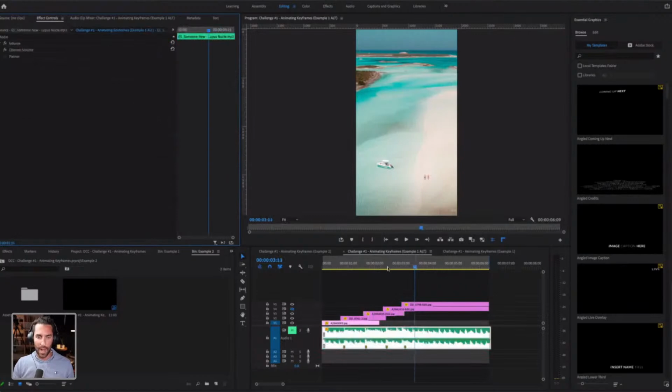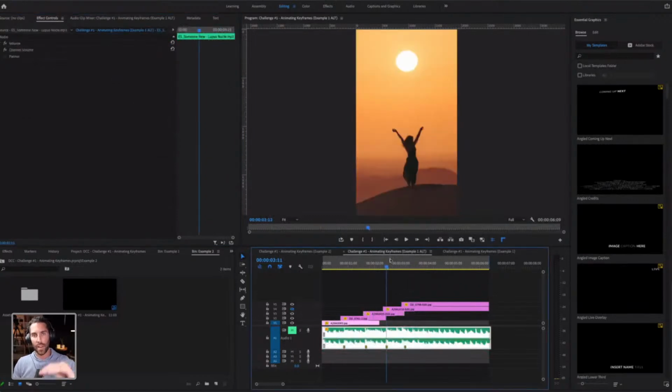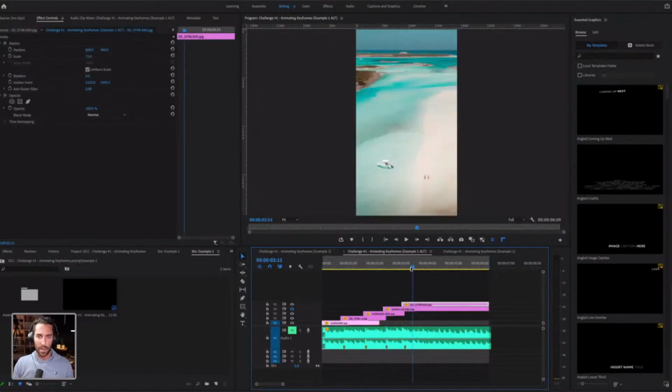And I like to drag those animations to the very end of the clip so that there's not an awkward jump cut at the end of it that seems out of place. Okay, and we're gonna go to the last clip here. And let's actually zoom all the way in, scale here. Okay, let's go